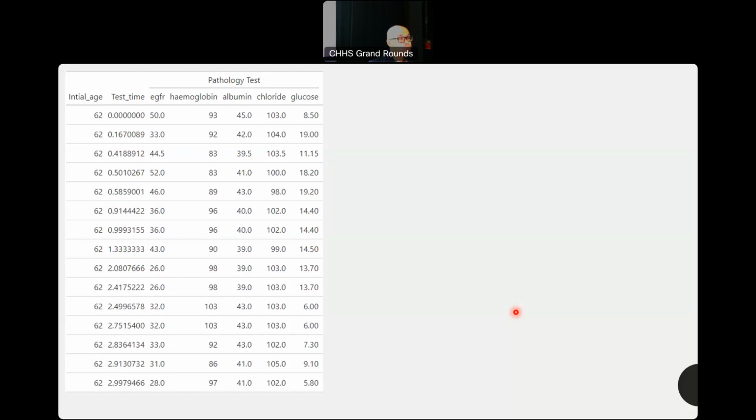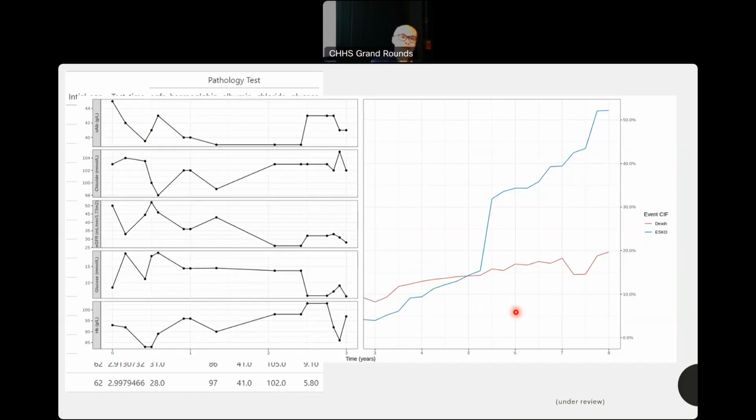So what does it look like? Those results probably look flashy, but it's probably not applicable. This is the output. Let's say I have a patient. This is not a hypothetical patient, this is an actual patient. He's 64. I don't know whether he or she. A 62 year old patient presented, and this is all the data accumulated from his kidney function, hemoglobin, serum albumin, serum chloride, and glucose. The plot on the left is the graph of the values of the biomarkers, and utilizing 3 years worth of data, the machine predicts.